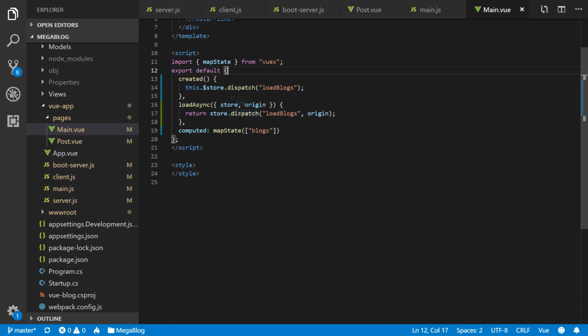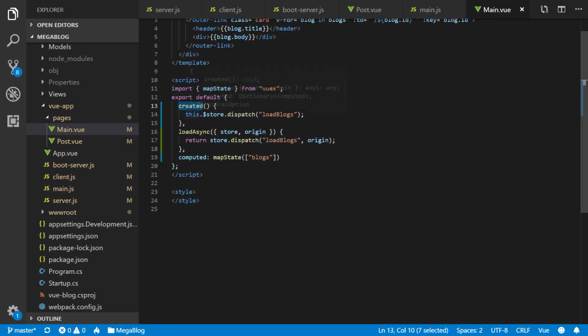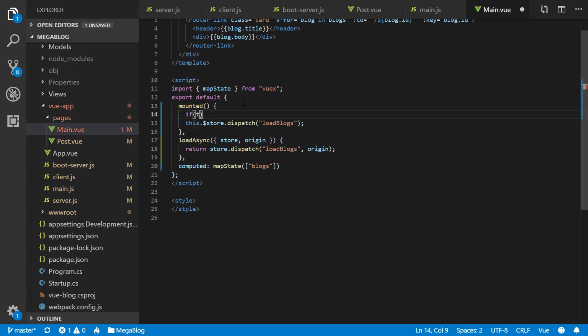So the hook that is not getting executed on the server is mounted. Mounted is the hook that basically mounts it to the browser DOM. So we don't have a browser DOM on the server, so this will never get executed on the server. Not to have it execute on the browser either, we can go ahead and call this